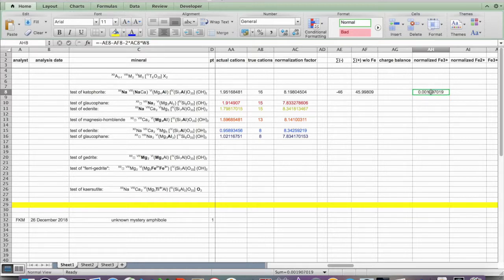But we do have to do a couple of additional things on here. So one thing that we need to be careful about is that the calculation for iron 2 plus and 3 plus assumes that the analysis is a very high quality analysis. And in fact, as you can see here, I've got a little bit of an error built in. But we want to be careful because all of the error of the analysis is put into this calculation,